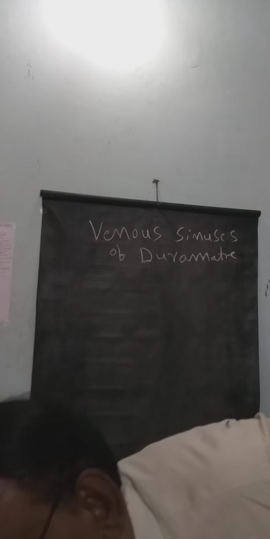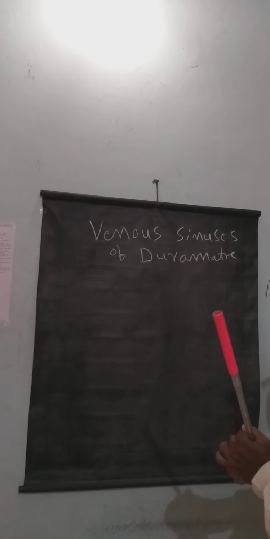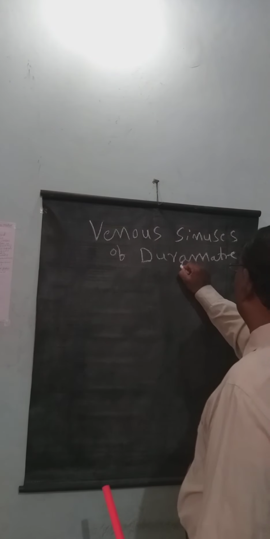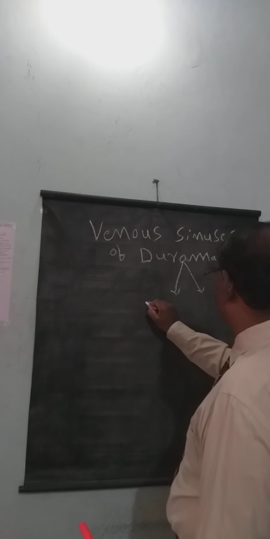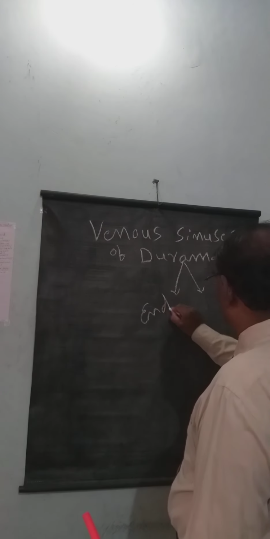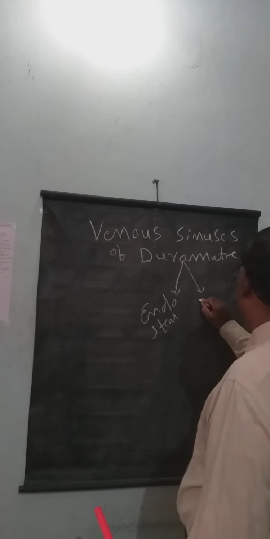They are the spaces between the two layers of Duramater. Duramater has two layers. The outer layer is the endosteal layer. The inner layer is